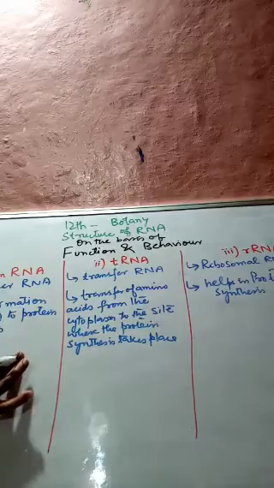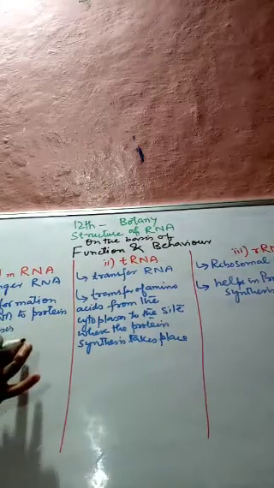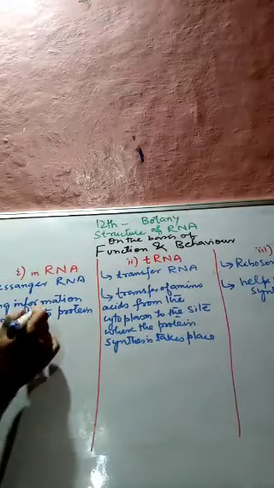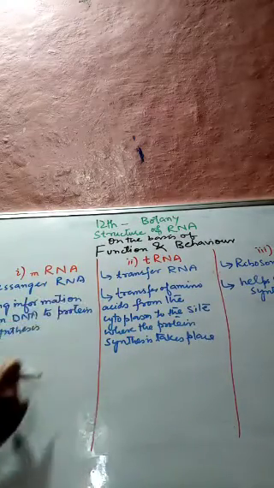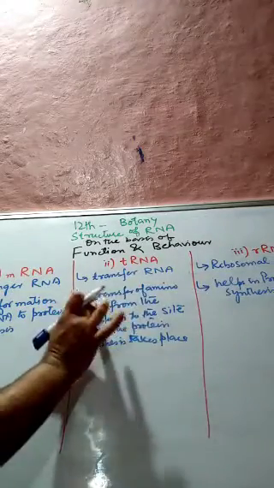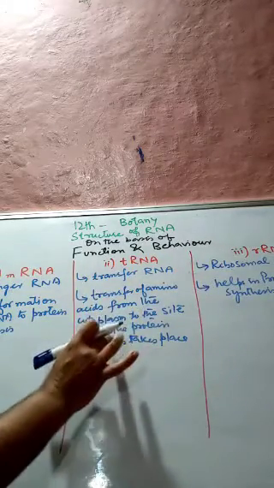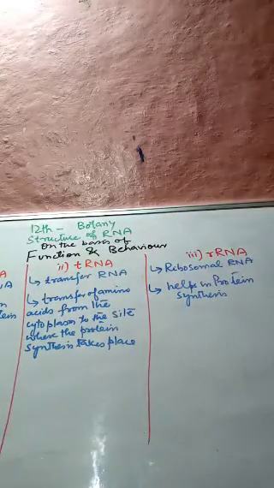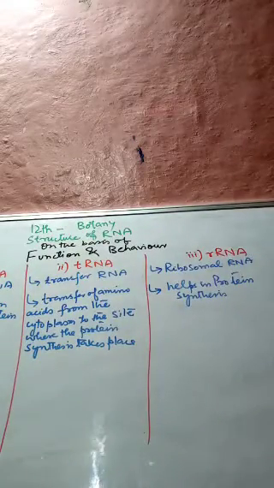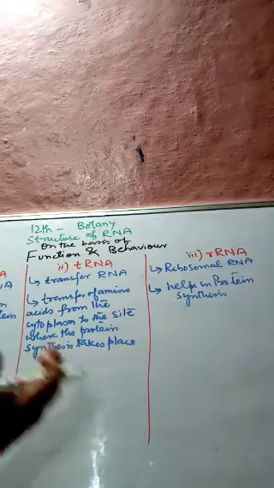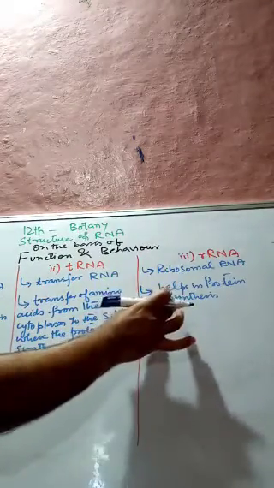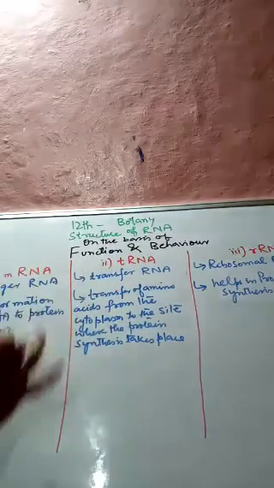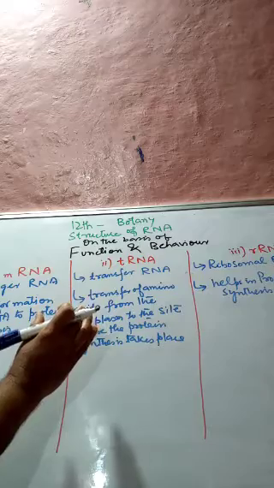So this mRNA is a messenger RNA. It brings the information from DNA, because the DNA has some coding, and this is coding for the protein synthesis. tRNA transfers amino acids from the cytoplasm to the site where the proteins are made, and this is also rRNA. It is also called ribosomal RNA, and it is the place where the main protein synthesis takes place. So this rRNA helps us in protein synthesis. So this was all about the structure of what we call RNA.